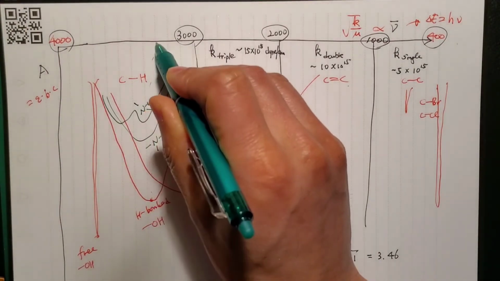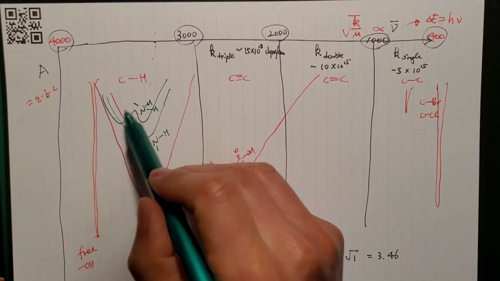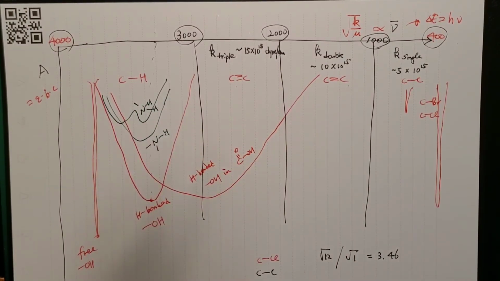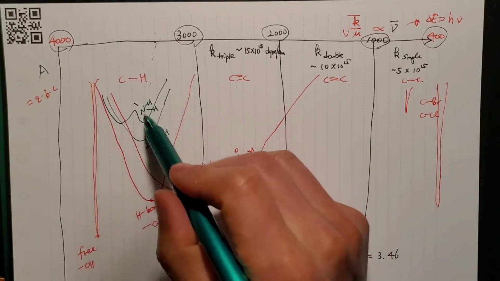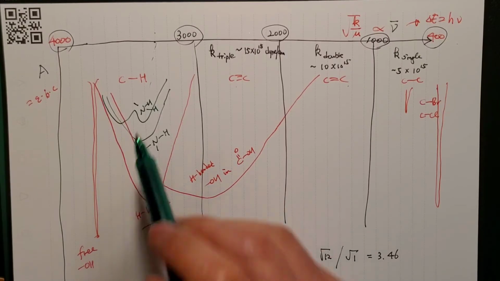You draw a line here, you see 3100, something like that. But there is no rigid number, so I don't want you to remember those numbers. I want to make sure that you know it has two signals for NH2, not because it has two bonds, right? There are two or more